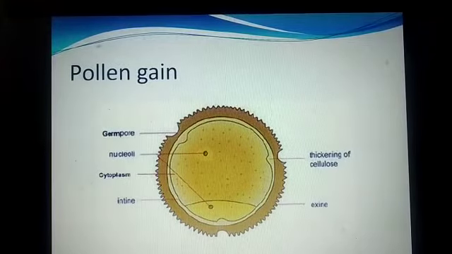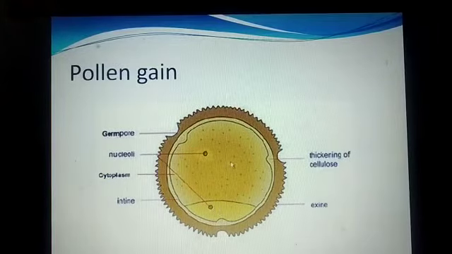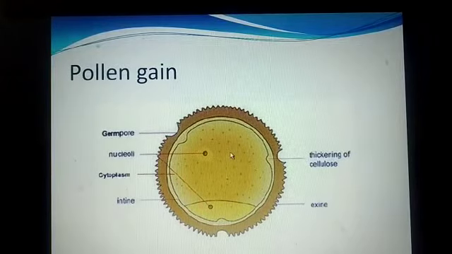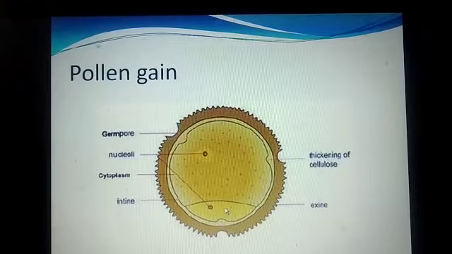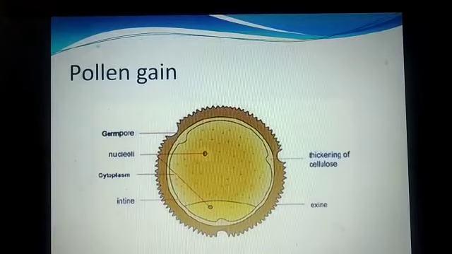Then we read that the pollen grain has two cells, vegetative cell and generative cell. The vegetative cell is larger and has abundant reserve food material, and the generative cell is small and spindle shaped. Actually student, in 60% of angiosperms, pollen grains are generally released at the two cell stage, generative cell and vegetative cell, and in the remaining species, that means in 40%, the generative cell divides mitotically and gives rise to male gametes.